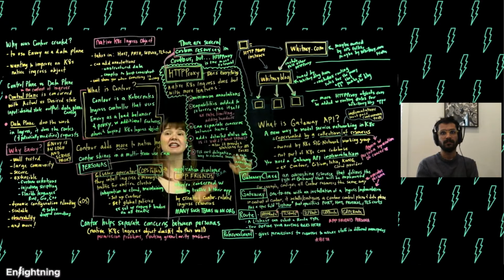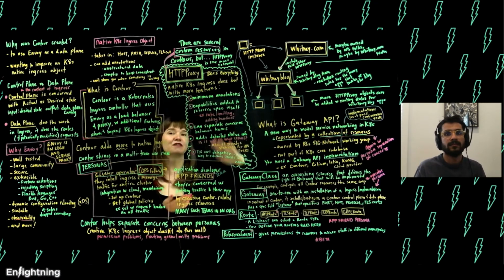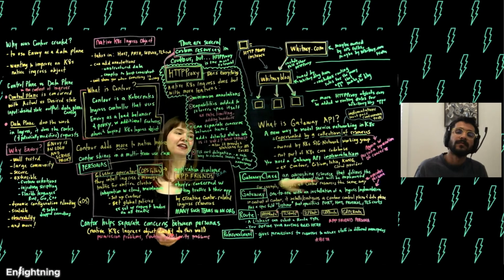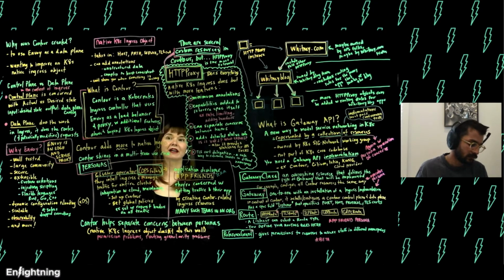But this collection of resources, again, is meant to address the separation of concerns between personas and different people concerned with routing traffic at different levels in an organization. So we talked about four Gateway API custom resources. First, there's GatewayClass, which is an overarching resource that defines the type of gateway that will be implemented. Like we talked about, these Gateway API implementations have to pass conformance tests, and you define which implementation you're using at the GatewayClass level. So if you're implementing Contour, that's where you define that you're implementing Contour.